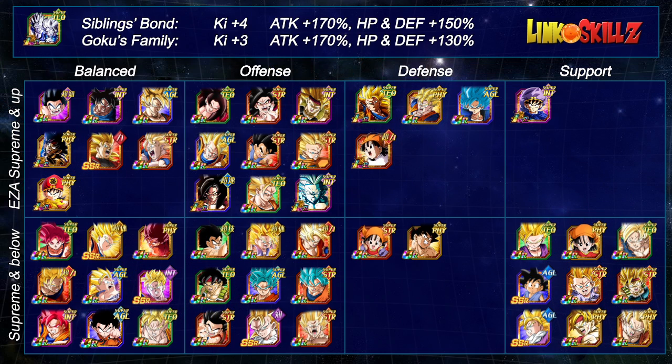So thanks to Goku and his family, there's a lot of cards to choose from that have super attacks of EZA Supreme multipliers or higher. So in essence, because of that, we don't even have to touch the cards that have Supreme damage or lower, and just try to go for straight damage. And because there is a plethora of cards to choose from, based on my last team build video,